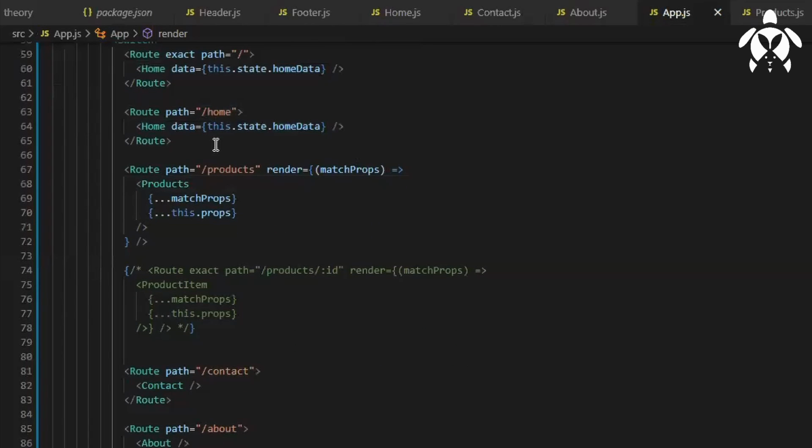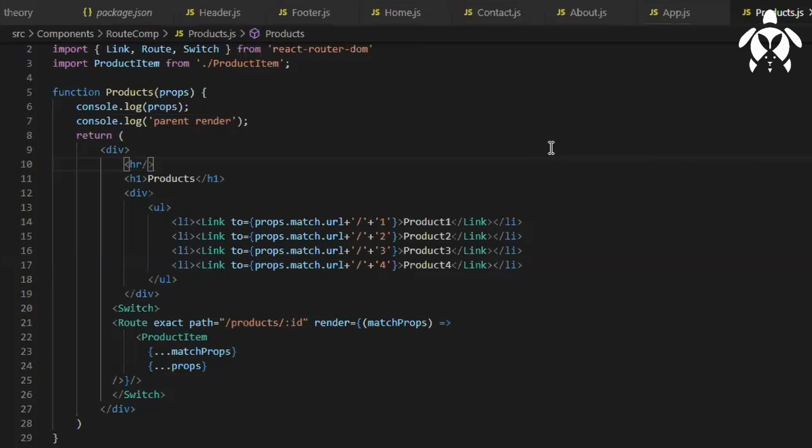So if I'm clicking on Home, it is going to Products, Contact, About. In Products, we are doing two things. One is the nested routing, and the other one is the parameter passing, right? So when we go to Products, what I did is I have imported Link, Route, and Switch because I just wanted to show the details just below the products here only, right? So I have a Switch. Switch is like a container where it will display your component, right?